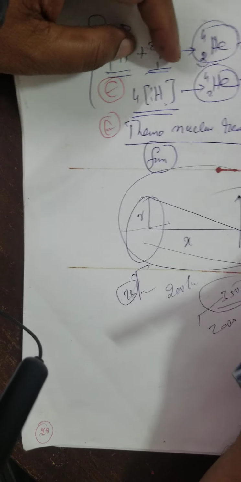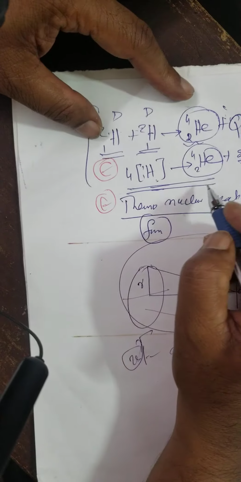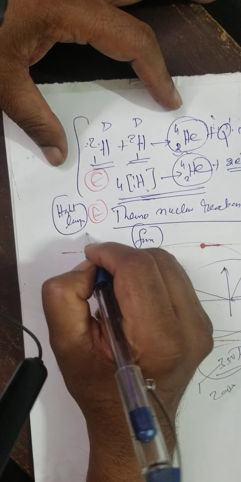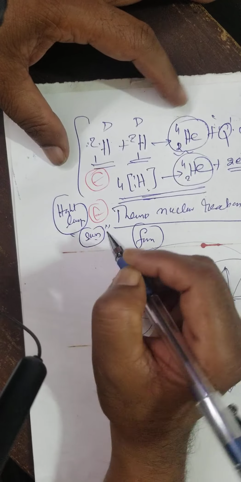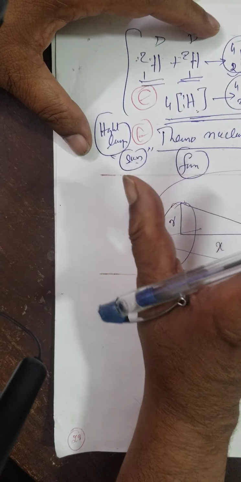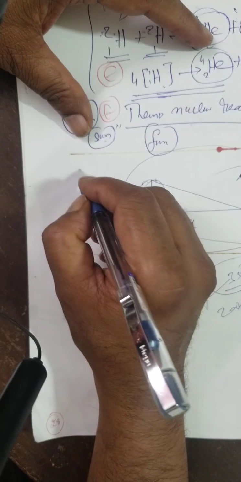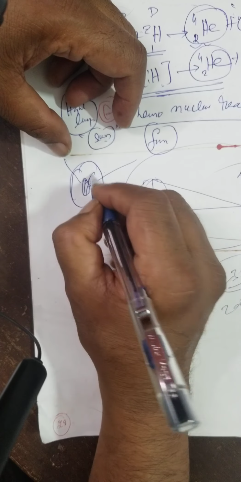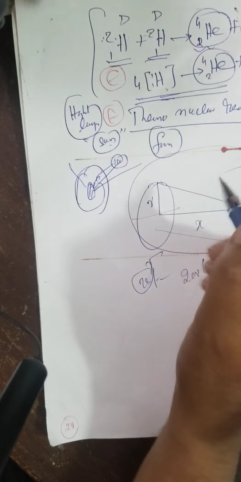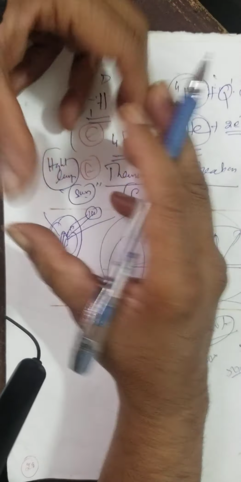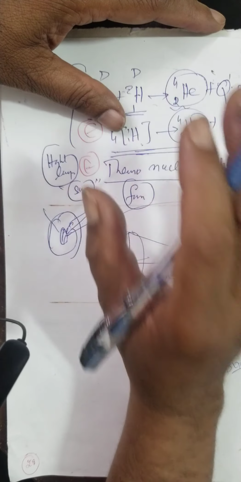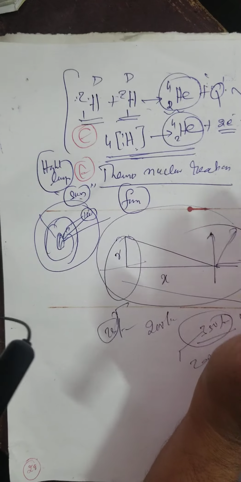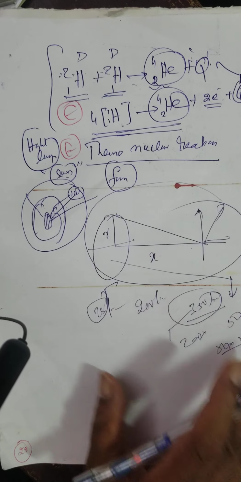In order to have fusion, you need very, very high temperature. This temperature happens only at the center of the sun. Therefore, if you want a hydrogen bomb, nobody has prepared it otherwise. In the hydrogen bomb, they put it in an atom bomb. When the atom bomb blasts, a lot of heat is liberated. That will trigger fusion. Fission triggers fusion. Therefore, the hydrogen bomb is not possible to prepare in the laboratory. These are the general things about this.